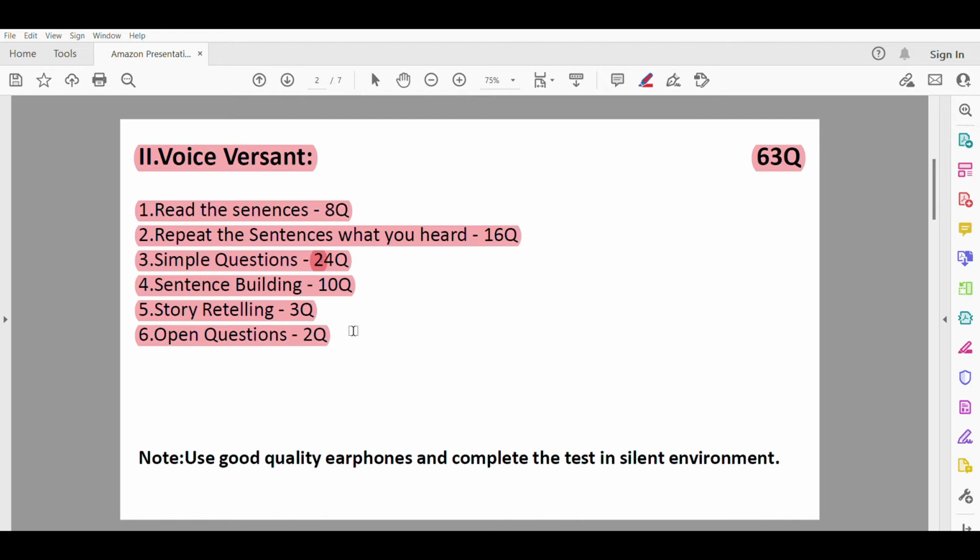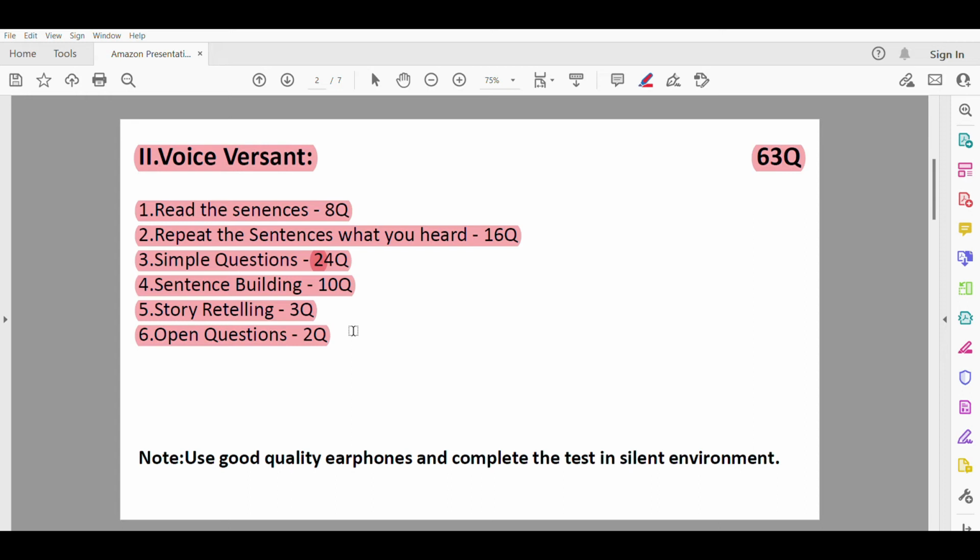So open questions is very easy. It depends on how we speak. So they calculate how good we are in English. The questions will be like, they will give one scenario. Suppose let us take an example. I got a question like, in this present world, the parents are giving smartphones to children. How do you counter it or how do you tackle it?